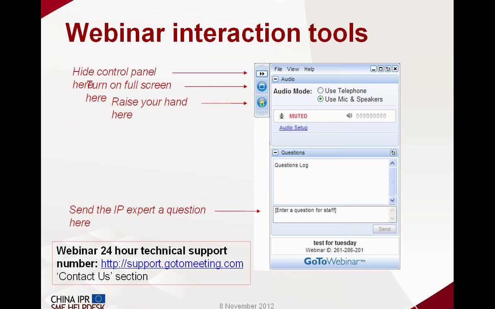Okay, just to explain how you might be able to use the webinar interaction tool. Throughout the presentation, we're going to ask you to interact with us by typing in questions and comments using the question pane on the right side of your screen. We'll have the ability to answer these questions during the presentation, live, and also after the presentation should need be.